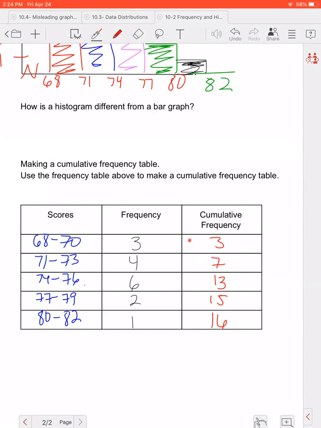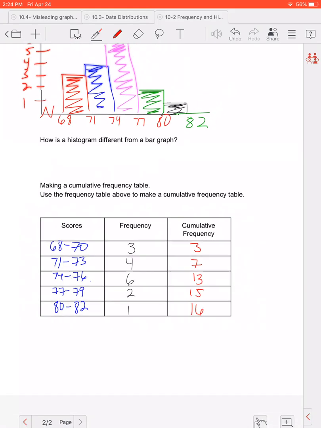So just one more time, the 3 comes over automatically, then add 3 plus 4 is 7, 7 plus 6 is 13, 13 plus 2 is 15, and 15 plus 1 is 16. Go ahead and try that homework, and we'll